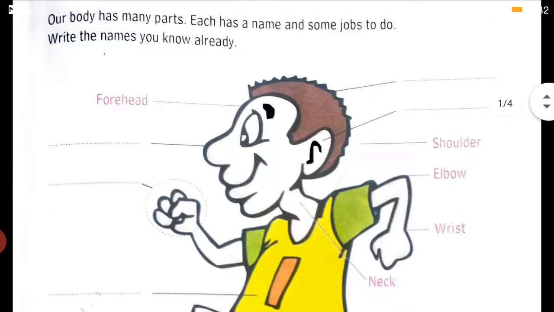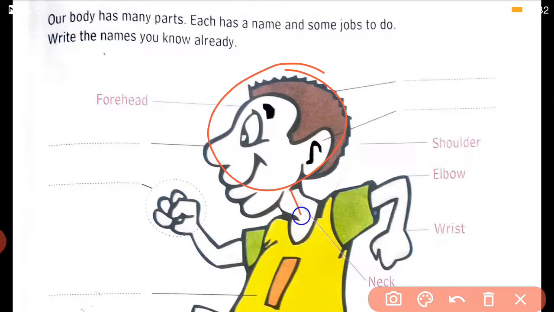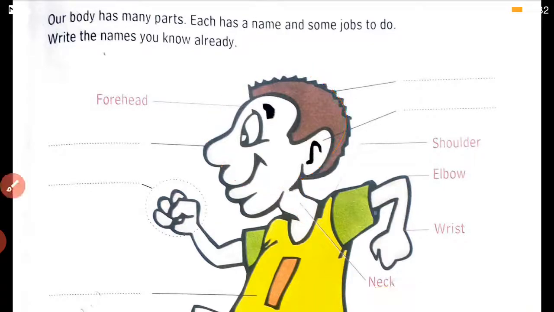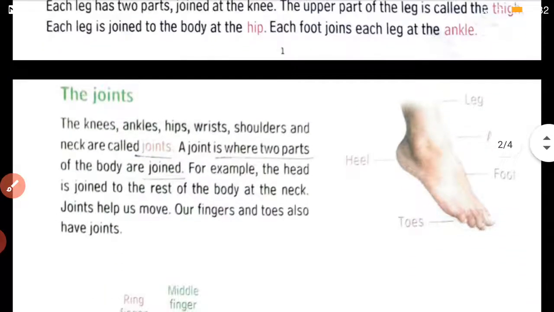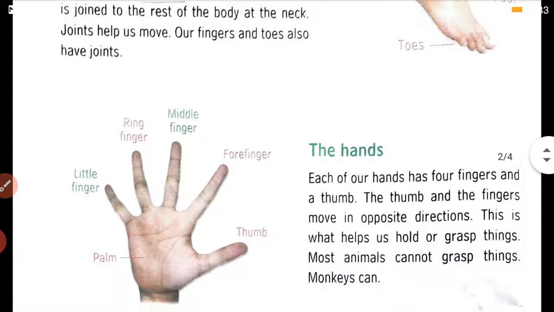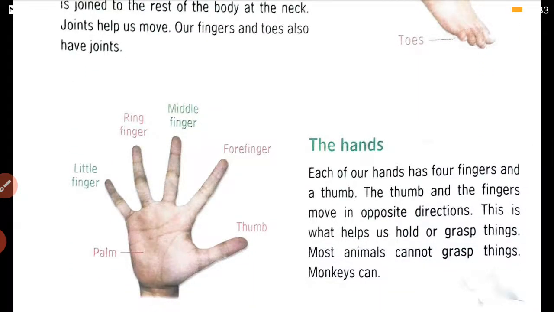आपका head, this is the head. ये पूरे बॉडी से कहाँ पे जॉइंट है, नेक पे जॉइंट है. ओके, so this is also a joint. And our fingers, that is also, they are also an example of joint. अगर फिंगर्स में जॉइंट नहीं होता, you would not be able to move your fingers and we would not be able to do many work. Okay, so joint is very important for the movement of the body.